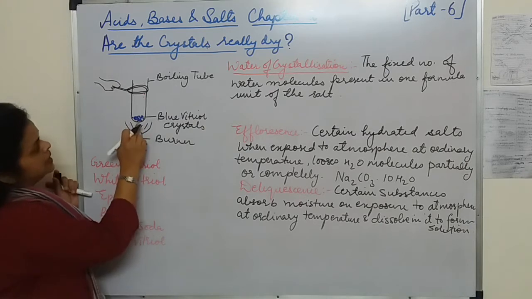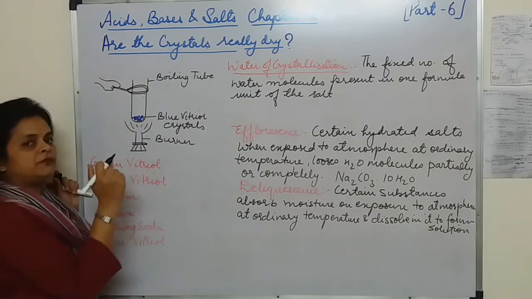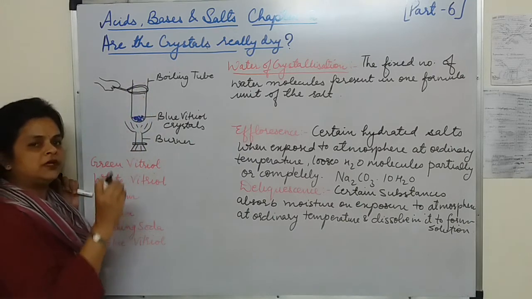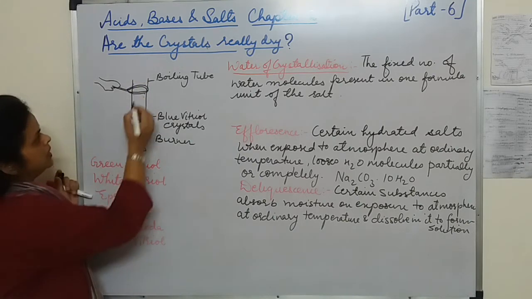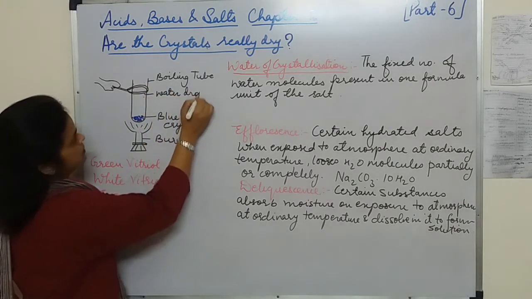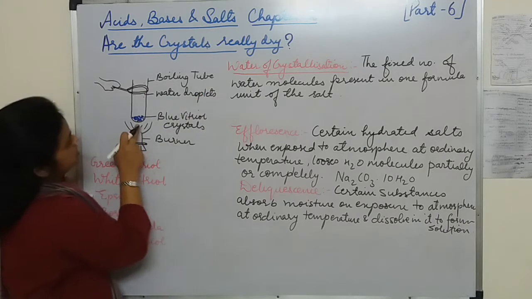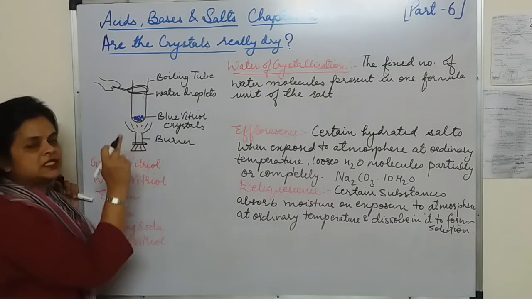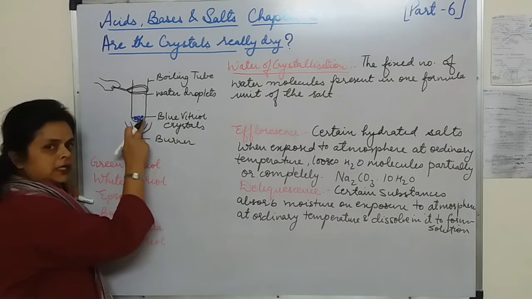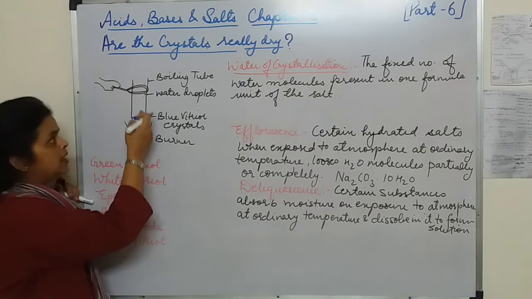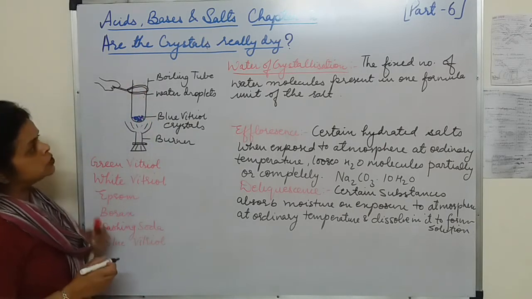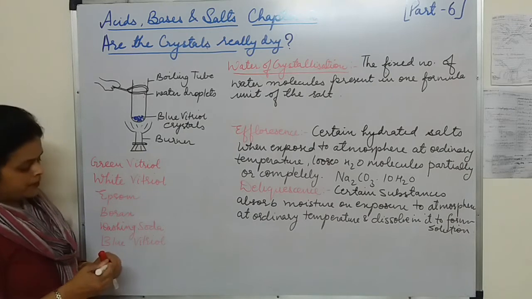Okay, when you heat these dry crystals with the help of the burner, what will happen? After some time, the color of the crystals turns from blue to white, and on the inner walls of the boiling tube there will be some water droplets. Okay, so let's mark them. These are water droplets. Students, the blue color and water droplets cannot be there at the same time. Initially, the color of the salt is blue. After you start heating, it turns white, and water droplets are seen on the wall of the boiling tube. So what we are saying is that copper sulfate,